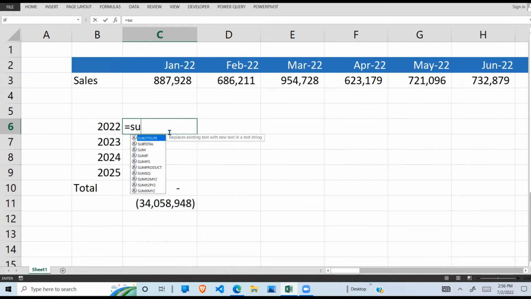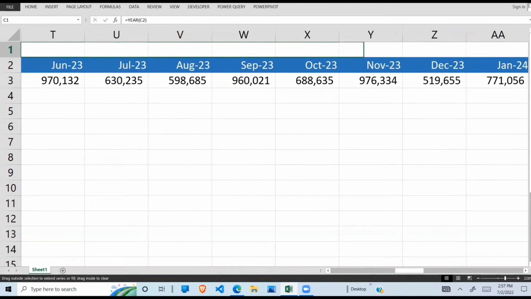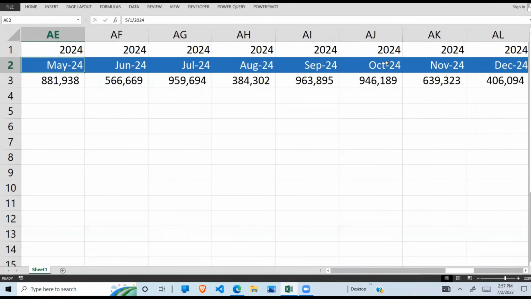So the first step is, how do I extract these years from these dates? And these ones are recorded as dates, as you can see on the top there. Now you need another Excel function which extracts the year from all these dates. And that function is the YEAR function. Then you say YEAR, give it a date, close brackets, and do so. So with that, I've managed to extract the year. And if I drag it across, I'll do it for all these dates that I have up here.